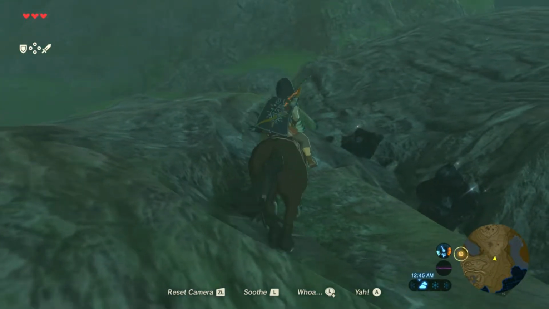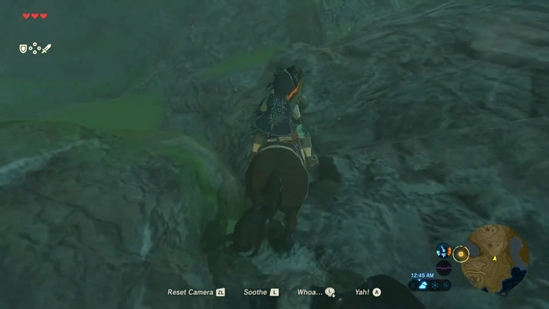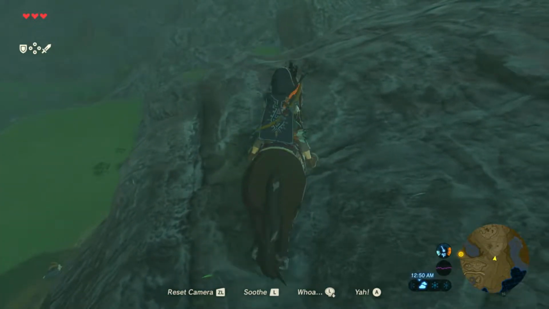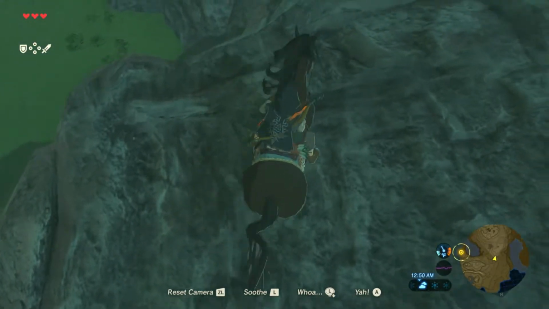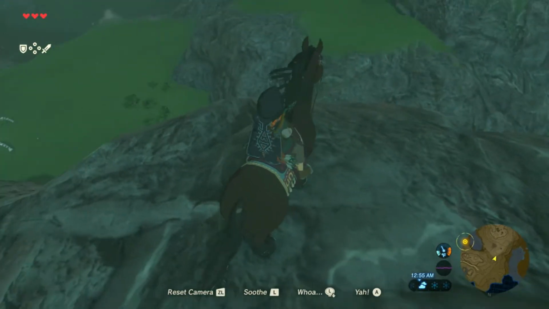If you're trying to climb the mountains with a horse, one thing that's important to remember is you can hold on to the ZL button to make the horse kind of sidestep like this. So you can definitely keep that in mind. It's not entirely recommended that you do climb with a horse because... no,